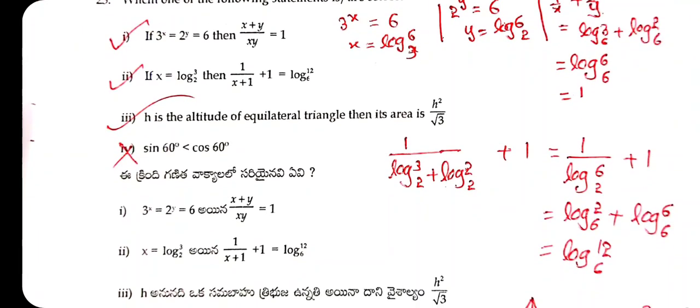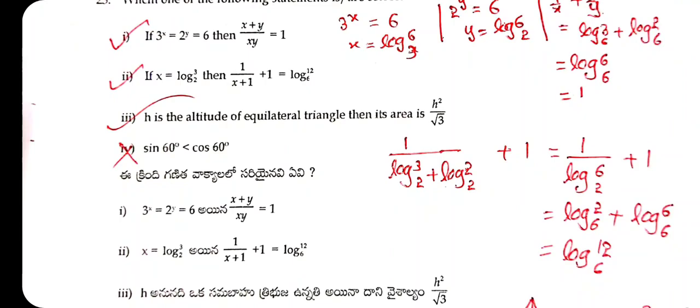And the second one, see here. The x value they have given is log 3 base 2. So I am substituting here 1 by log 3 base 2 plus 1, which I have written as log 2 base 2, because the bases should be equal. Here same, log a plus log b is log ab. So again what I got is 1 by log 6 base 2 plus 1. This will be reciprocal. Then log 2 base 6 plus, that 1 can be written as log 6 base 6. Again log a plus log b is log ab. Log 2 times 6 is 12. So log 12 base 6. So that is what they have given. That is also the correct answer.